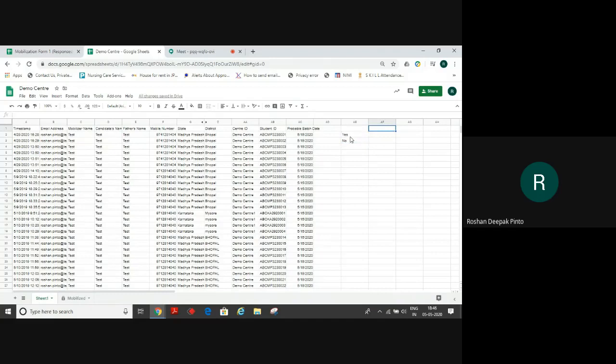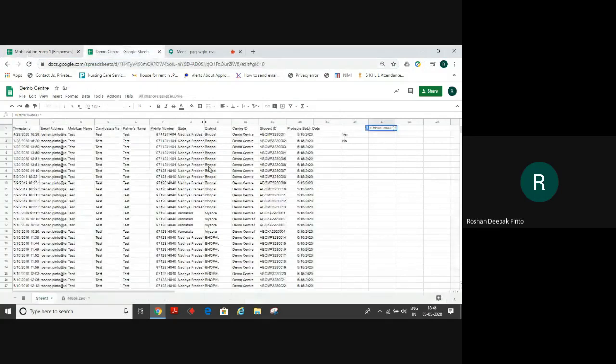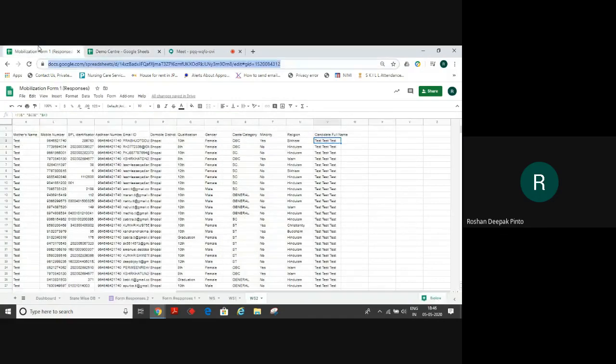I will again import the data of enrollment. I'll copy the URL of this mobilization sheet, and then I will paste it here in this URL, close the inverted commas, comma, inverted commas open. From where? From working sheet 2. From where till where?